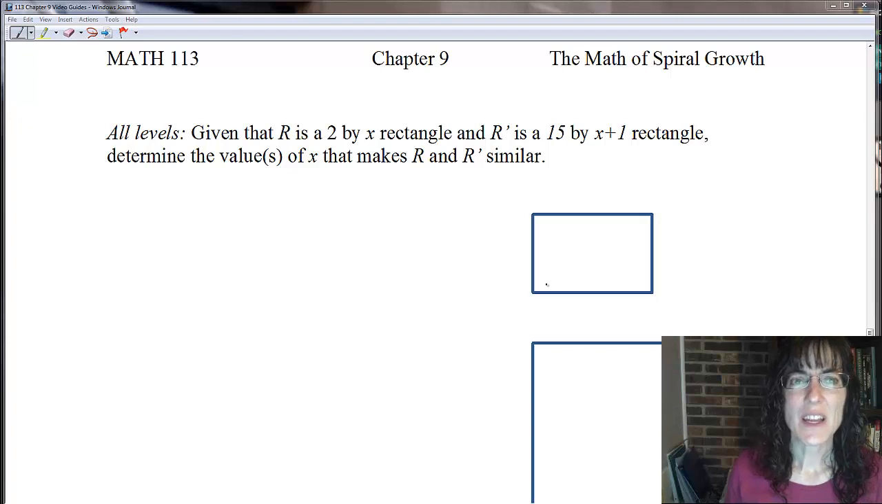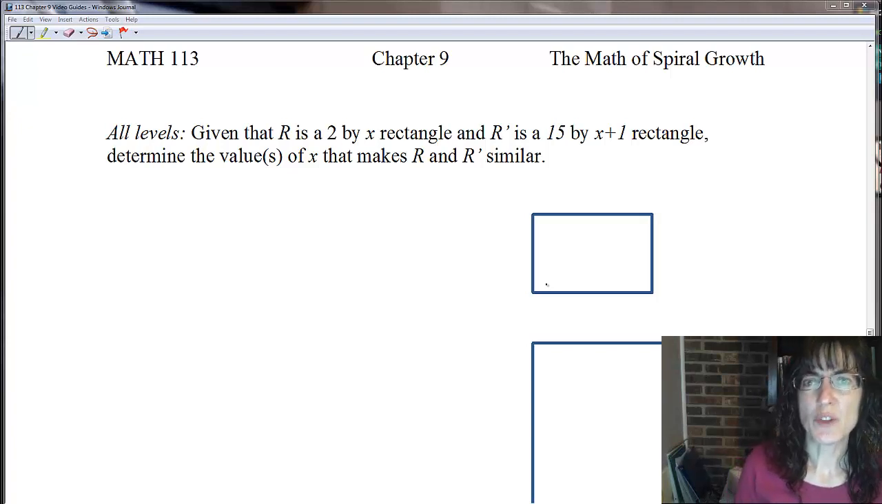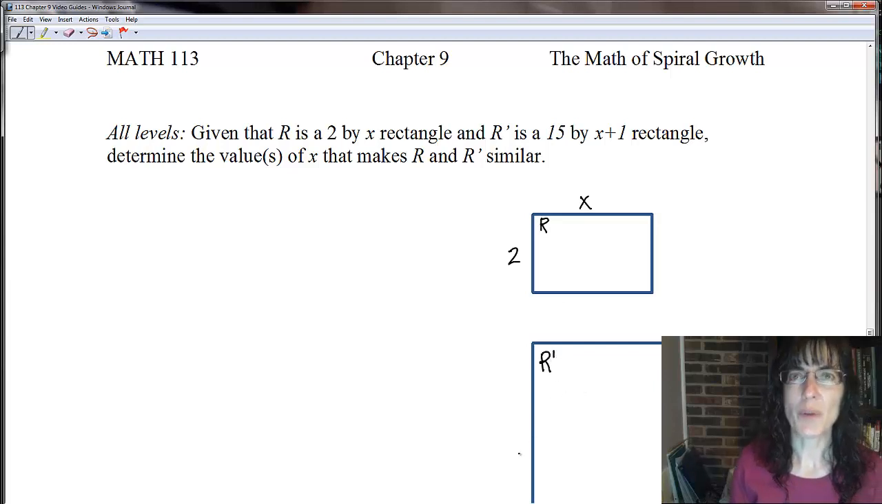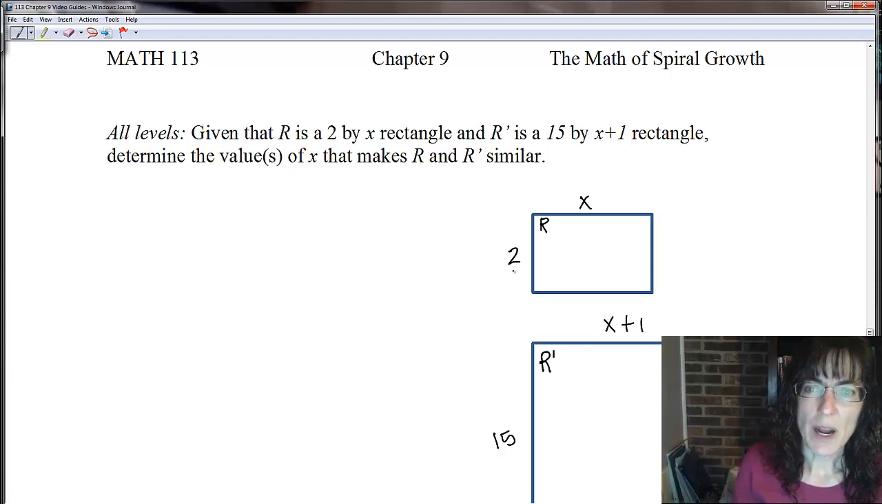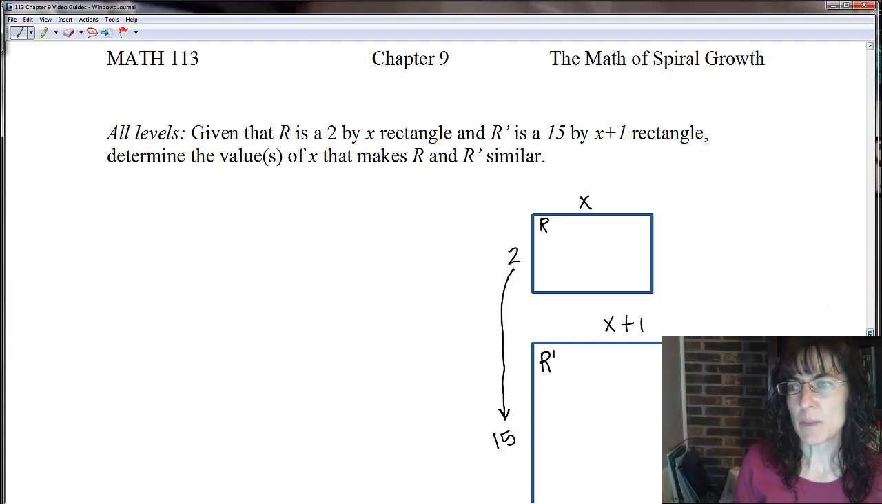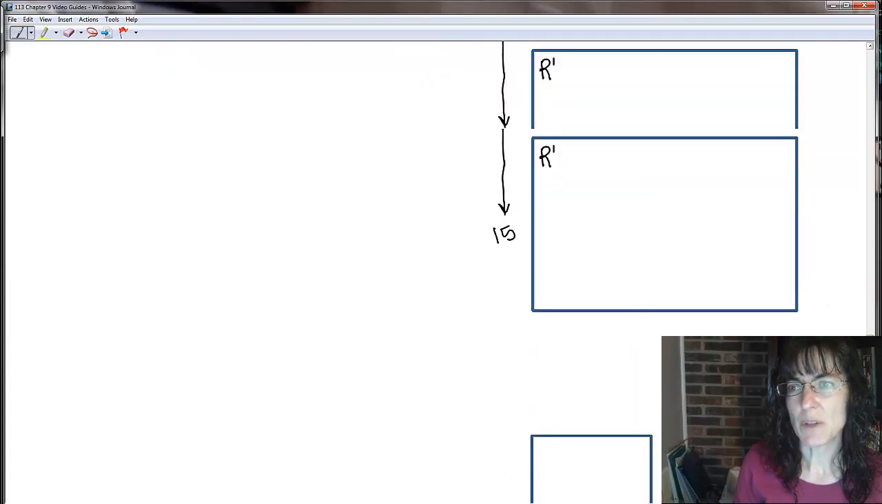All levels. Given that R is a 2 by X rectangle, so I'll name this one R, and I'll make it 2 by X, and R prime, I'll call that one R prime, is a 15 by X plus 1 rectangle. Find all the values of X that make R and R prime similar. So I know I can make those two be the corresponding sides, and then I have to do another set